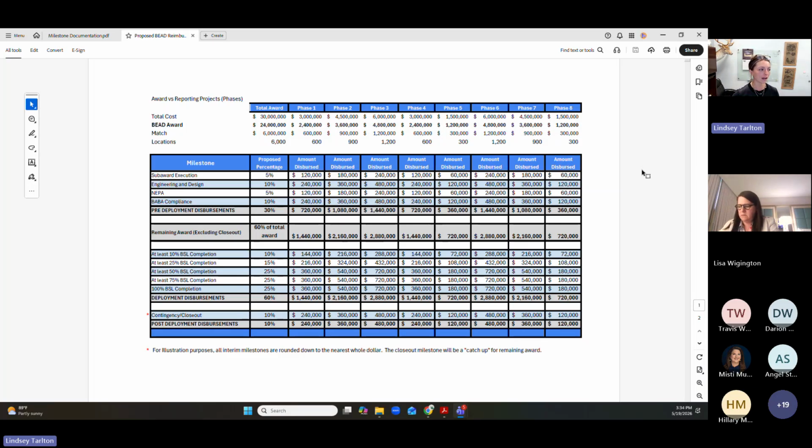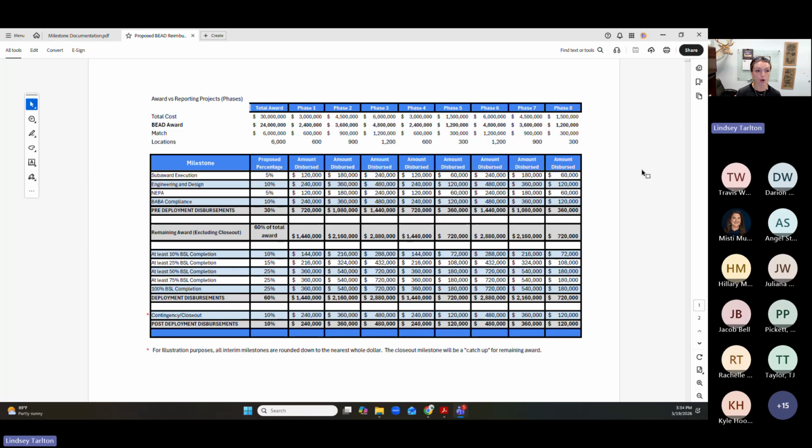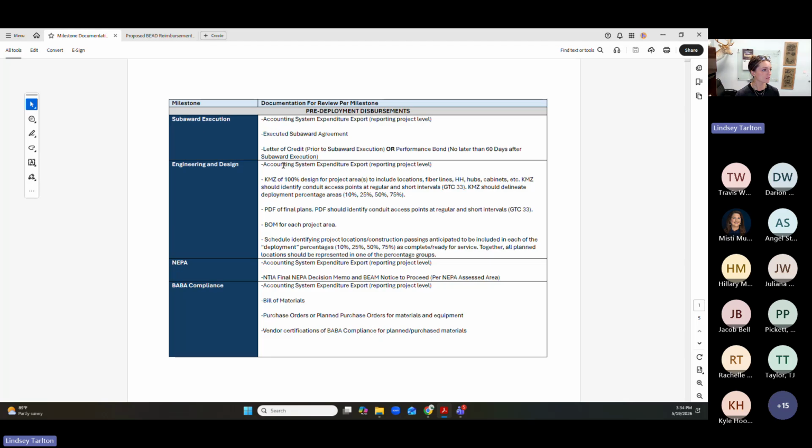Those are the items prior to your NEPA being able to execute construction and any deployment activities, so everything within those limited permissible activities that we've talked about before. That is your subaward execution, engineering design, NEPA, and then BABA compliance. All of the ones following that are based on passing BSLs and actually constructing the networks.